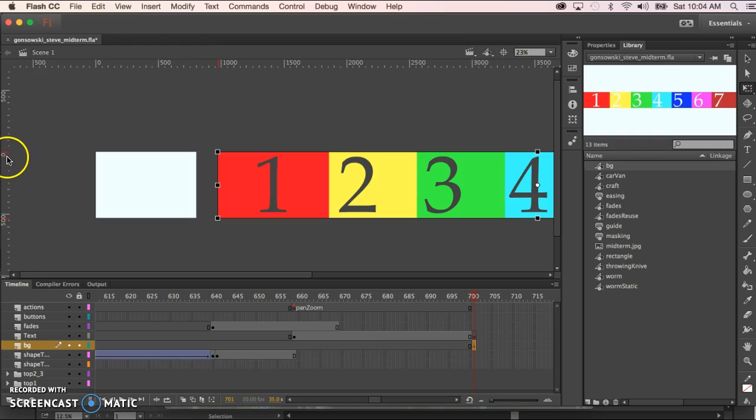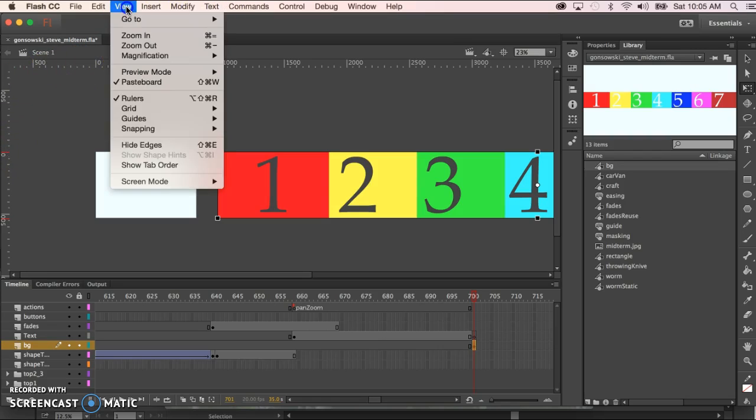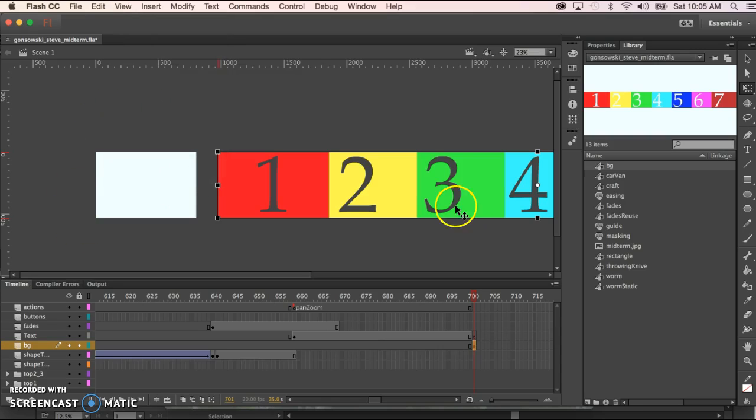So an easy way to fix that is to bring out your rulers. And if you don't already have them out, you just go up to View, Rulers, and turn it on. And then what we can do is zoom in even further, and we'll drag out some